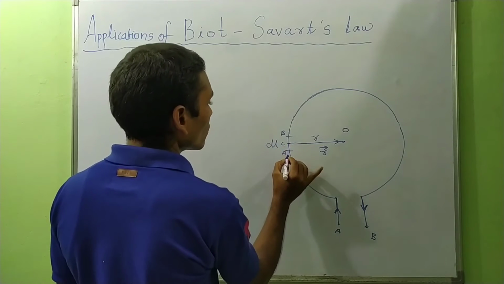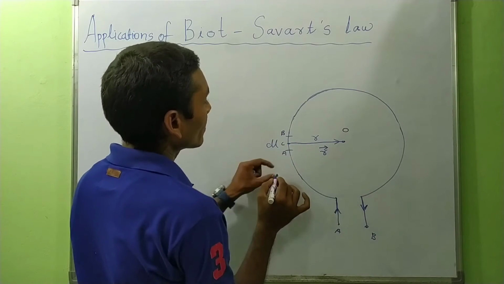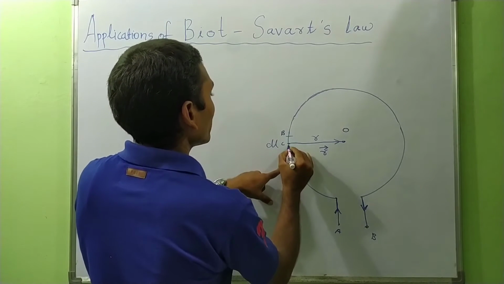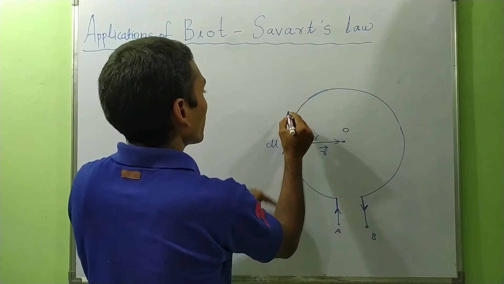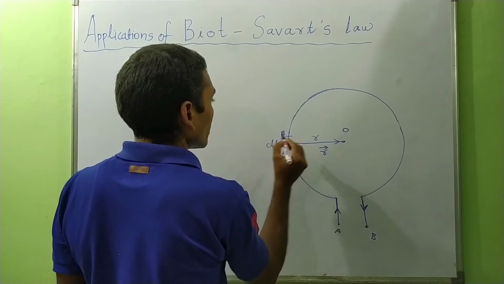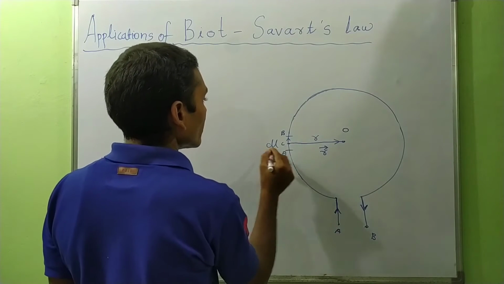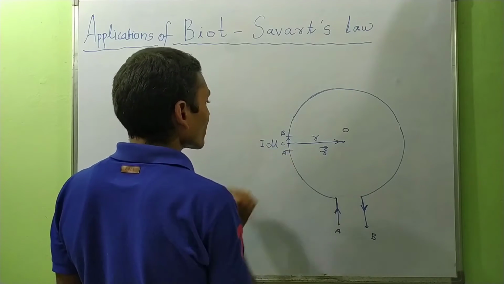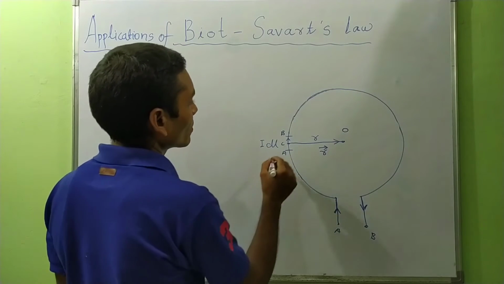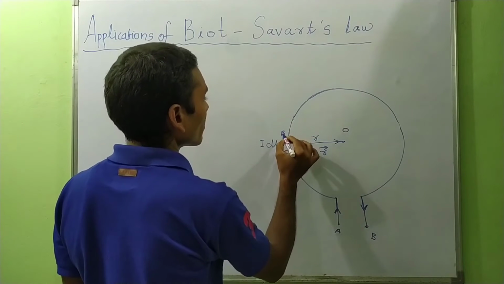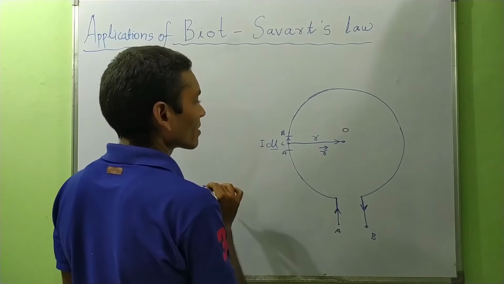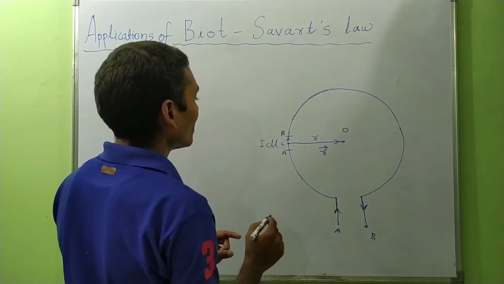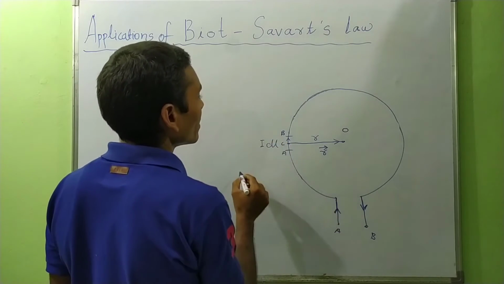And here through this wire AB, current will be flowing from A to B. So the direction of current is upward direction. Okay. Here. And this is the length dl. If here I is multiplied because the direction of I is A to B, but dl has no direction. So I into dl makes a current element. So this is now the current element.